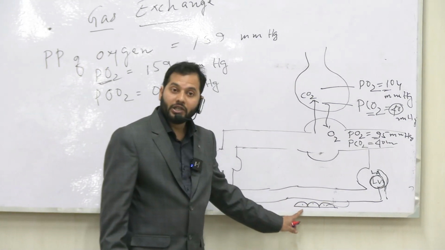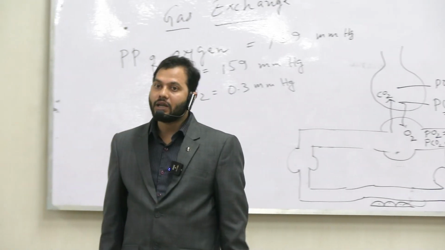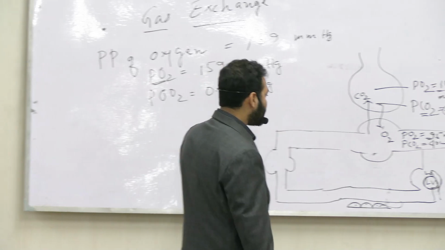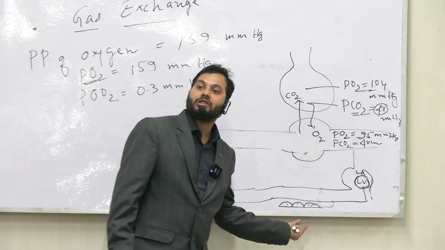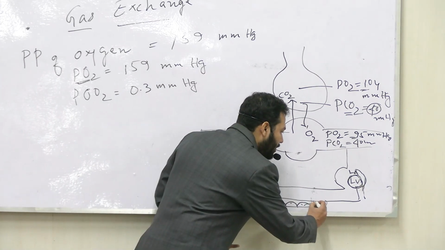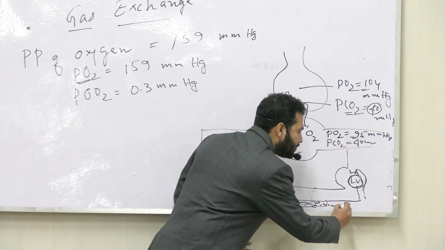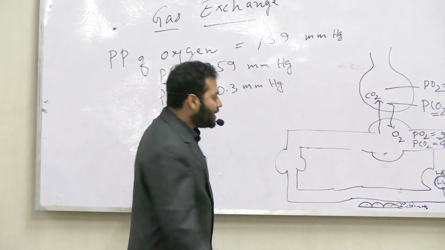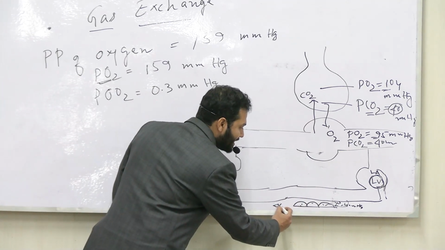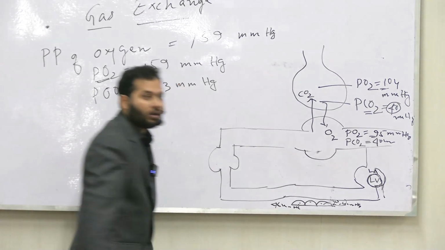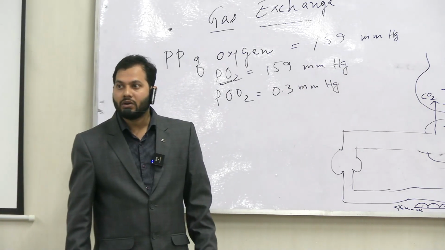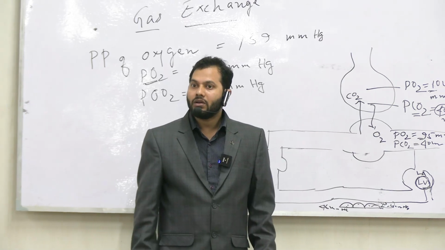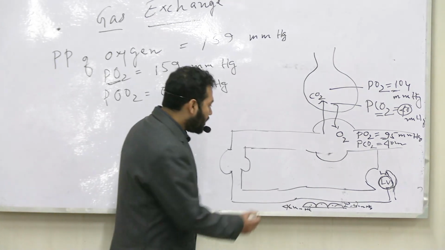Here in the tissue, if you see the partial pressure of oxygen and partial pressure of carbon dioxide, again you will find a sharp difference. Here the partial pressure of oxygen in the tissue is around 20 to 40 mmHg, right? But the partial pressure of carbon dioxide in tissue is around 46 mmHg, right? So again, due to the pressure gradient or pressure difference,